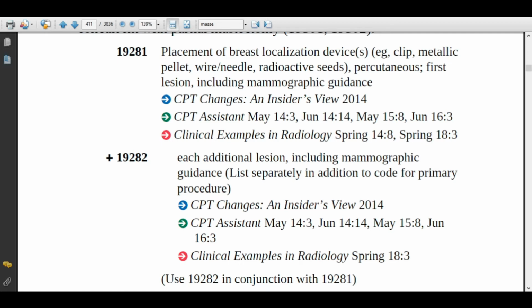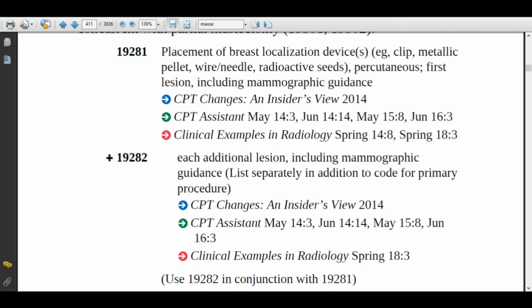Then, utilizing mammographic guidance and using a needle or other introducing instruments, the physician will place the device, like a clip, metallic pellet, wire or needle, or radioactive seeds, in the breast lesion of the patient. Then again the physician will utilize mammographic guidance to confirm the proper position of the device.